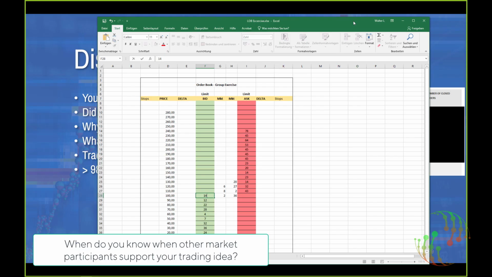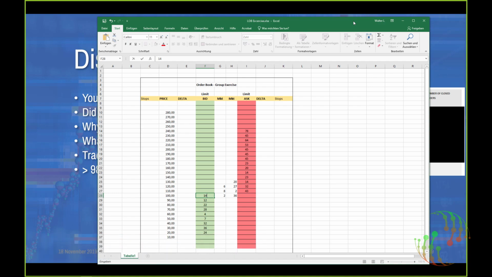Because in order to be a buyer, I need a crowd behind me who is willing to buy. And on the other side, if I'm a seller, if I'm just looking at the ES today, if I'm a seller, I need the crowd behind me, to support my idea and to sell with me. That's an absolutely interesting question. Do we know the other